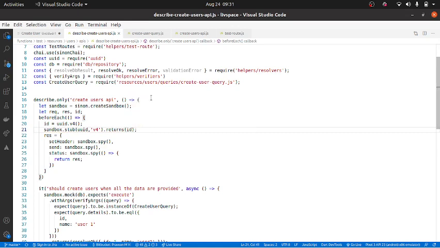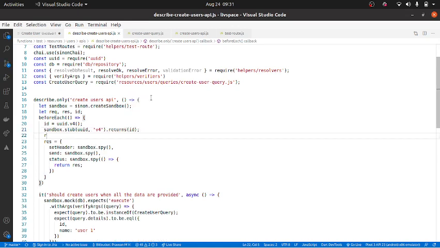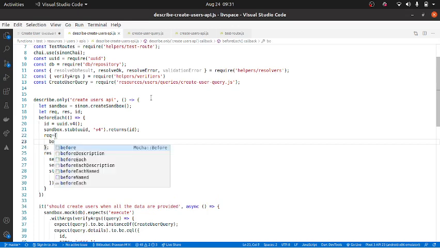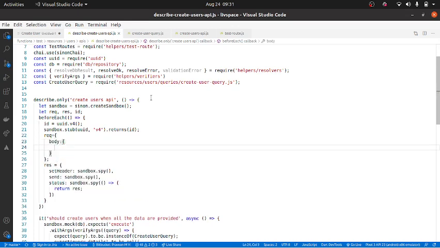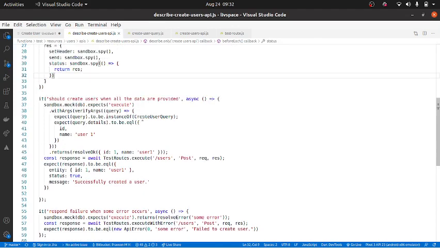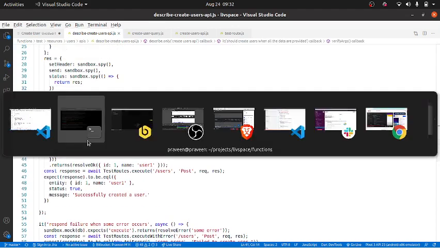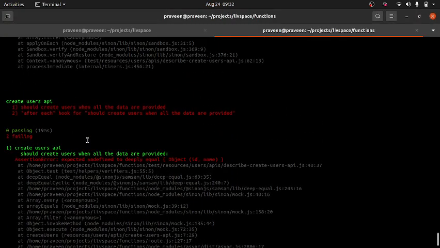So this is taken care of. And we will also basically do request equal to what is the request? We need body. In the request body there is something called name, and the name is user1, right? So this should be good enough for us, and the ID is that, and this is what I'm expecting this to be.